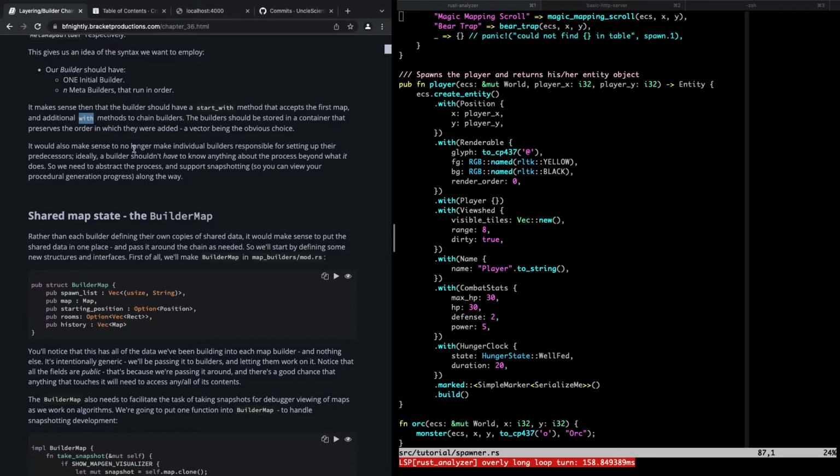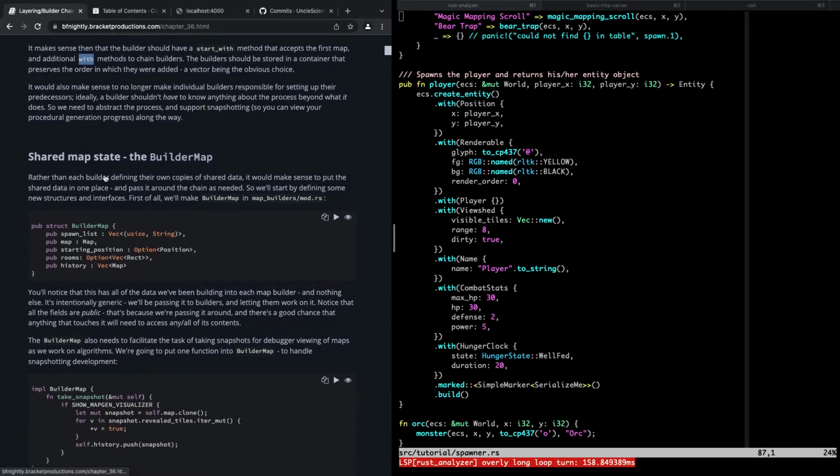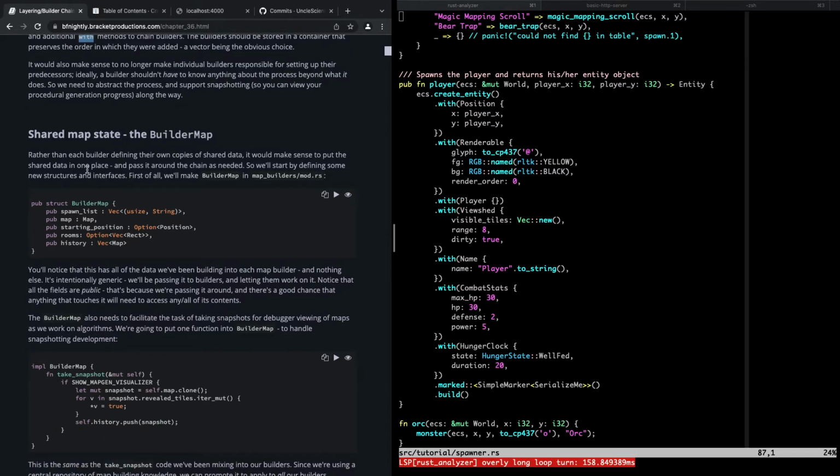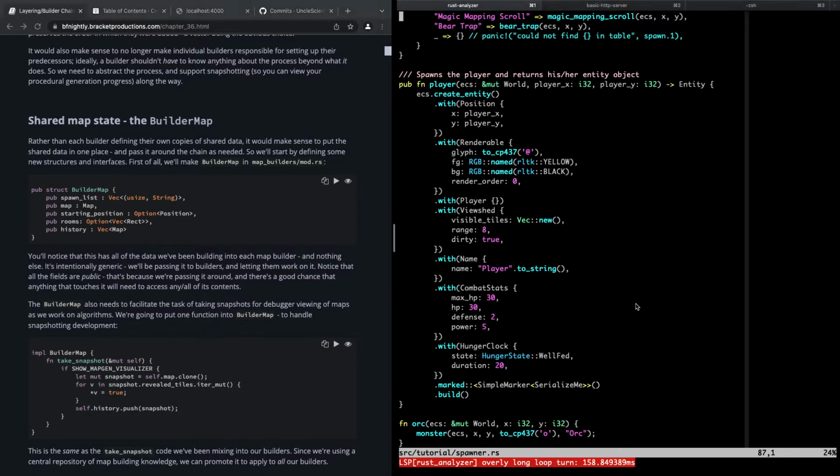It also makes sense to no longer make individual builders responsible for setting up their predecessors. Ideally, a builder shouldn't have to know anything about the process beyond what it does. So we need to abstract the process. Okay, so we're going to create a new builder map type